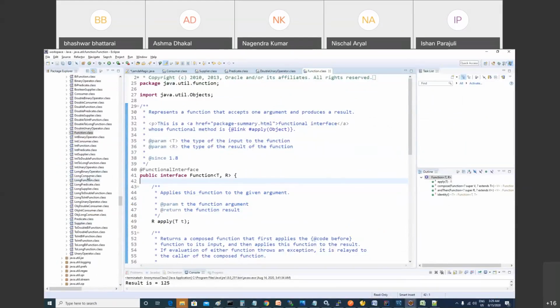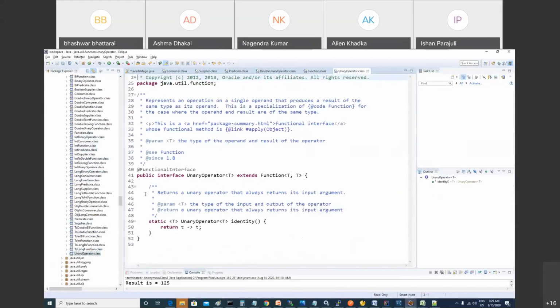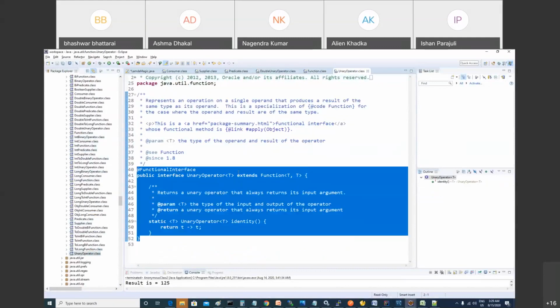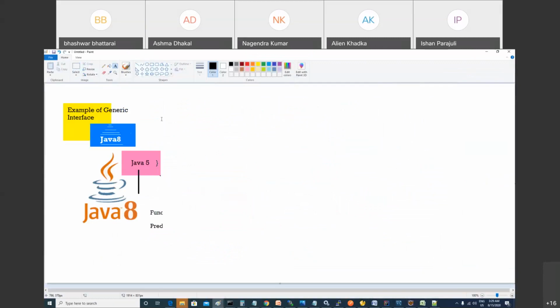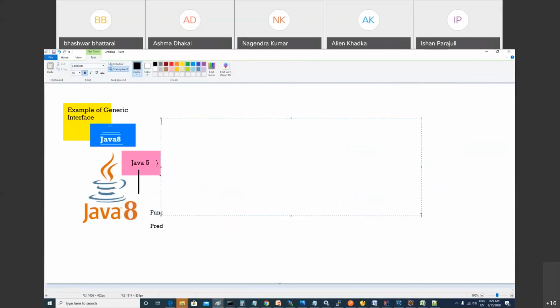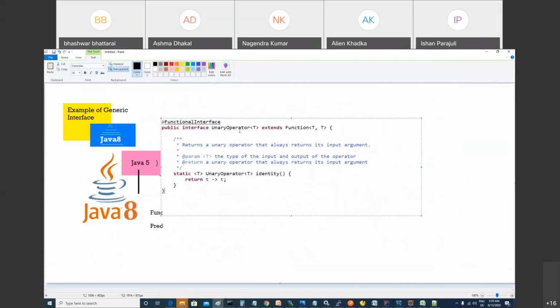Sir, I have a question. Please go ahead. Which one does not take primitive as an input? No one. Actually, all are based on generic type, so it is only applicable for wrapper object type. Are you following me? Wrapper means Integer, Character, Double. You cannot use primitive anywhere, unless and until syntax is supported.